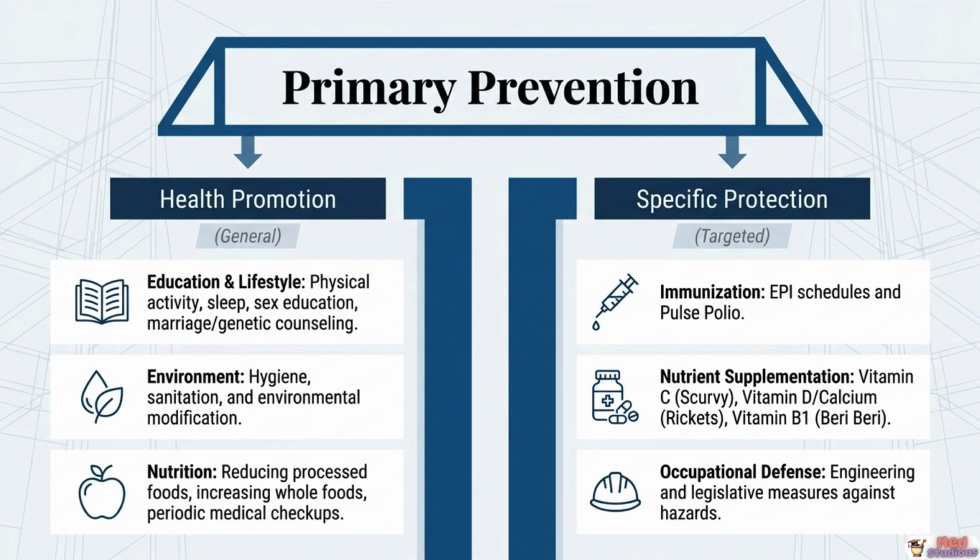The second arm is specific protection, targeted interventions aimed at preventing specific, identifiable diseases in susceptible populations. This arm includes immunization programs, both routine expanded program on immunization schedules and mass campaigns like Pulse Polio. It includes nutrient supplementation to prevent deficiency diseases, vitamin C for scurvy, vitamin D and calcium for rickets, and vitamin B1 for beriberi. And it includes occupational defense measures, engineering controls, personal protective equipment, and legislative regulations protecting workers from